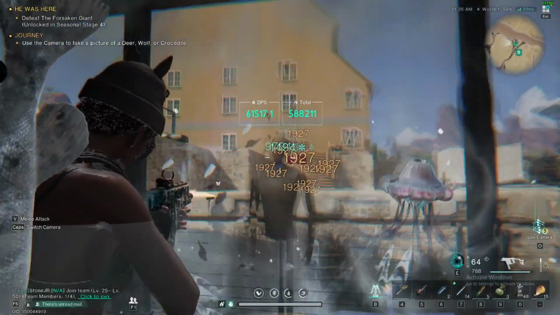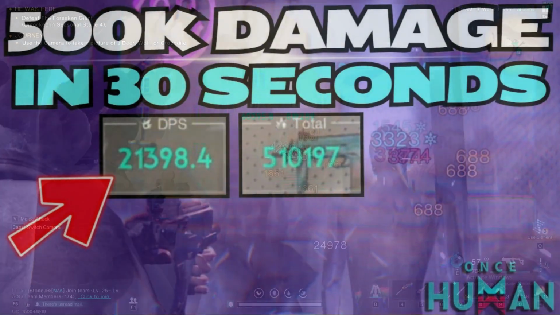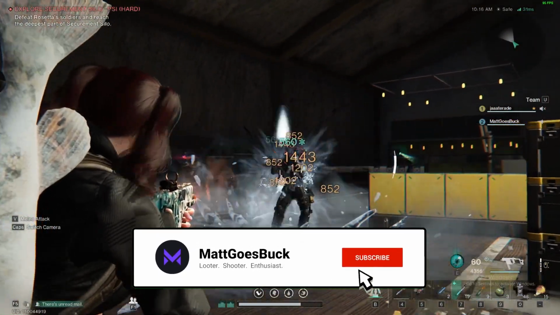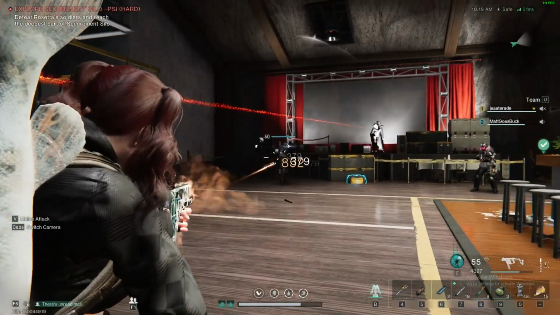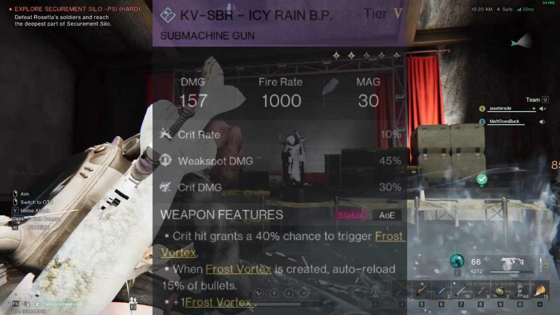Like I said, 2 weeks ago I put out a Frost Vortex video titled 500k damage in 30 seconds. This build was nuts at the start of Phase 2, and now that we're about to enter Phase 4, I think I've perfected it. And this entire build will cost you only 9,000 Starchrom, meaning you can make this build early on and spend the rest of the season min-maxing it. With all that said, let's get into it, starting with your weapon, and that is going to be the SMG